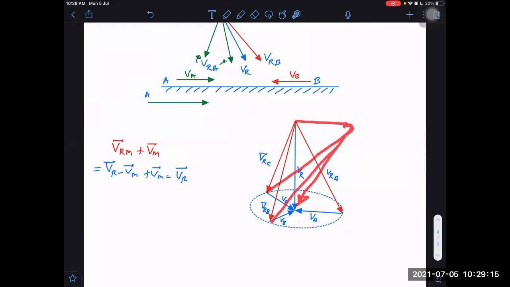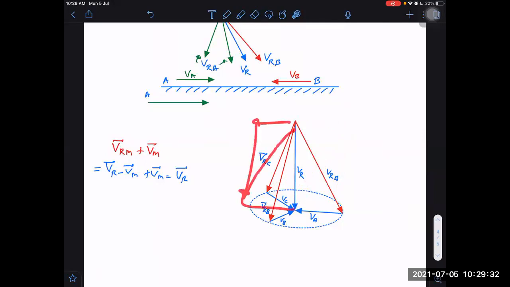Then these three vectors will come from that side, and these three vectors will come from that place. Which three vectors? These red colored vectors, VRC. If rain has horizontal velocity also, this is the rain's vertical velocity, and the rain has horizontal velocity, the net velocity of rain will be a superimposition of these two. And that will make some oblique angle with the vertical. If it is making some angle with the vertical, then again I will do the same thing. I will connect the three velocities of three different persons head to head with the rain.